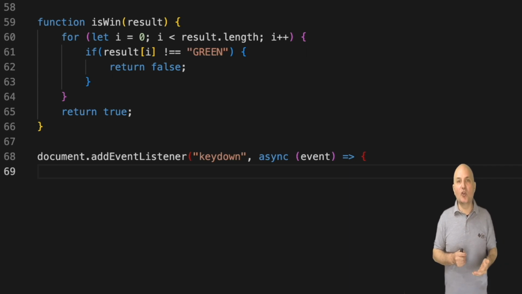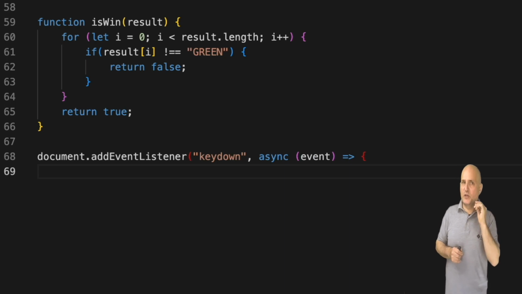As the page loads, the browser reads the HTML and the JavaScript code line by line. It executes all the global code, including this line. We use the global document object, which represents the entire page. We process the event asynchronously, so it won't block execution. We get one argument, which is the event object. The arrow syntax in JavaScript is slightly different from Java, but has the same basic meaning.